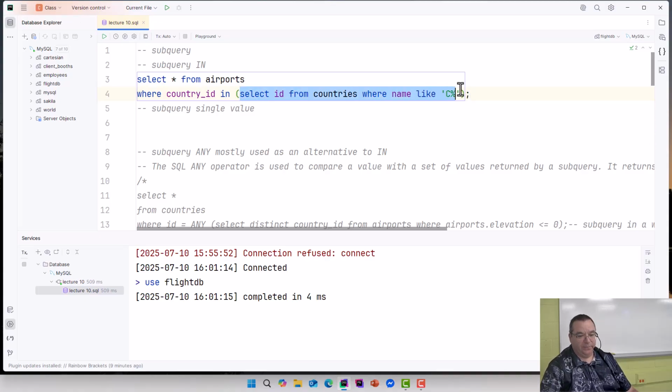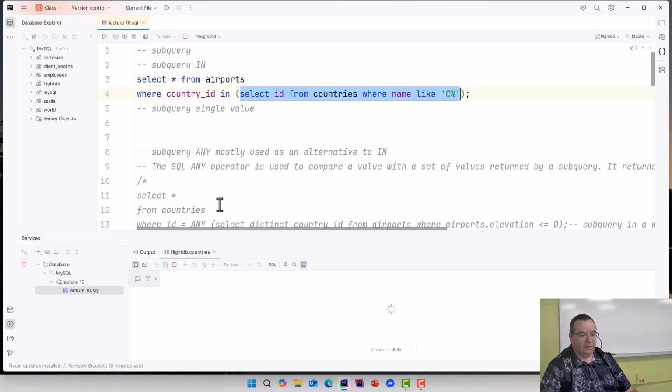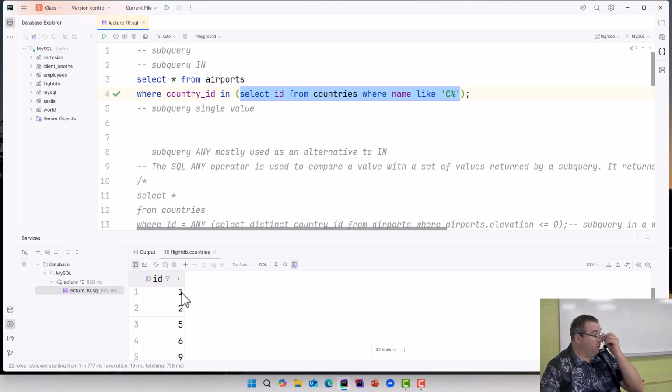So it's going to do this. And it's returning the IDs. So we have 22 countries that start with the letter C. And fine if you actually knew what these IDs were, but off the top of your head, you may not know what these IDs are. Therefore, what you do is you actually embed it as a subquery. So it returns the results of this query, basically this list of IDs here, and it passes it to the outer query now, so that instead of saying country ID, this would be the equivalent of